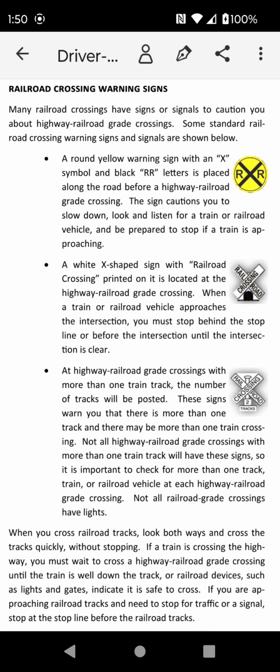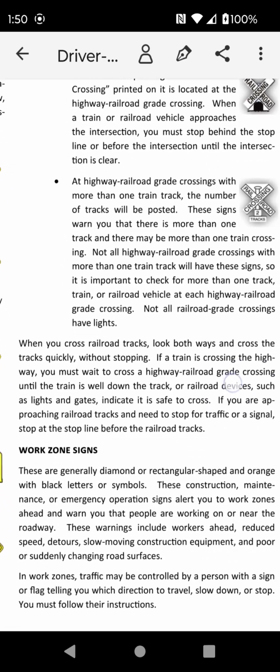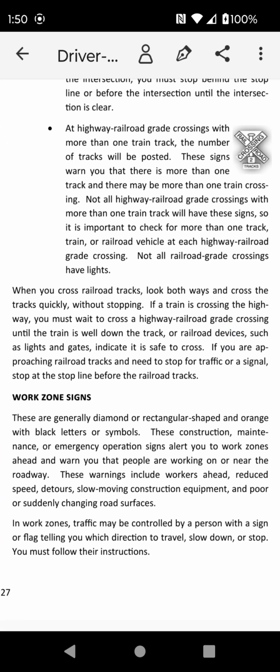Not all railroad grade crossings have lights. When you cross railroad tracks, look both ways and cross the tracks quickly without stopping. If a train is crossing the highway, you must wait to cross a highway railroad grade crossing until the train is well down the track, or railroad devices, such as lights and gates, indicate it is safe to cross. If you are approaching railroad tracks and need to stop for traffic or a signal, stop at the stop line